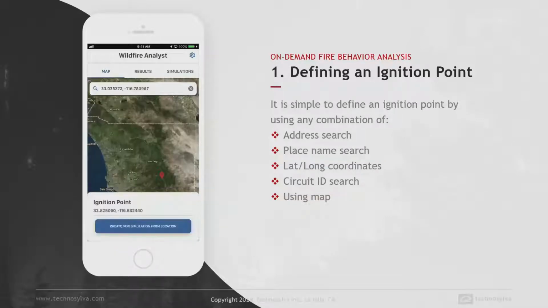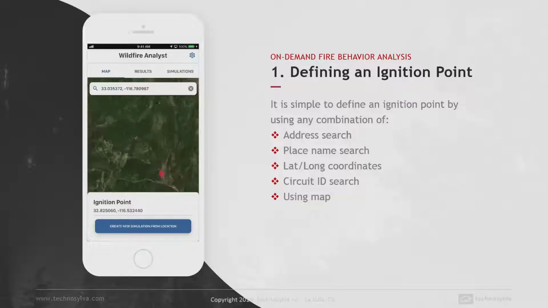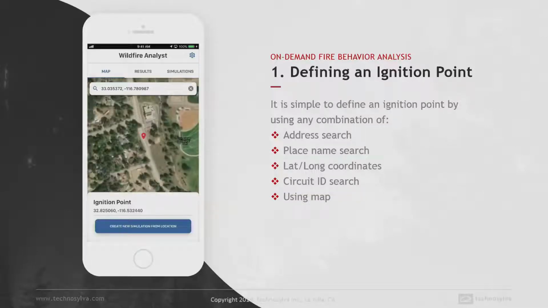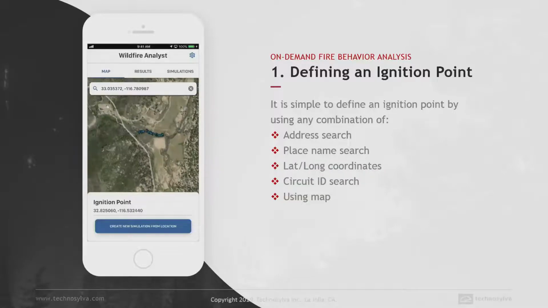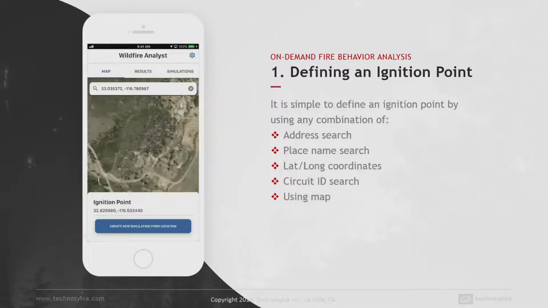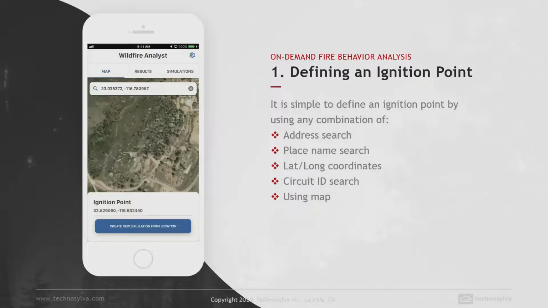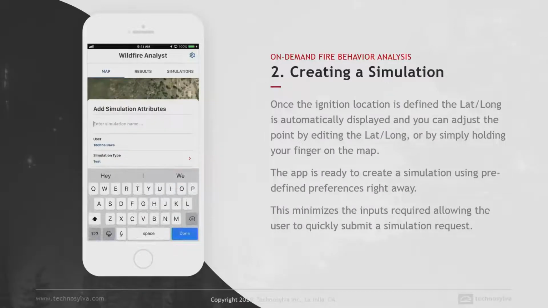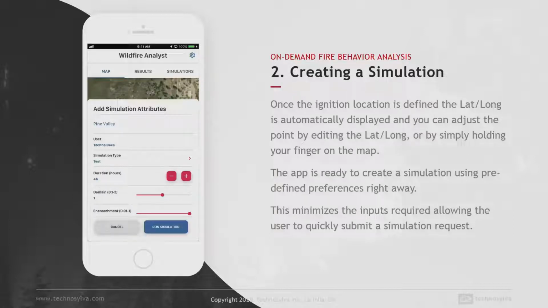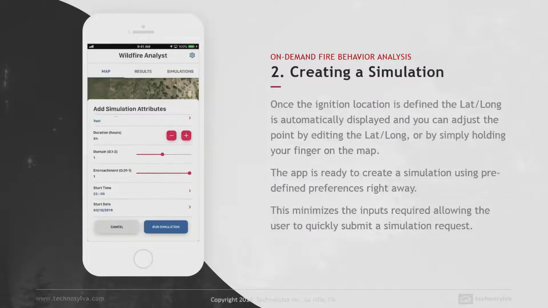Let's go through a scenario. Randy Lyle, their chief fire coordinator, gets a call. He's on the I-5, pulls over, because he doesn't text and drive, and he already says, hey, here's the location. It's at this address, right? First thing he does, couple clicks, he can define where that location is. Then he can define any characteristics about the fire real quickly, and he can run the simulation. He can get that actionable intelligence in about 20 seconds on his phone, submitted to a centralized system where other